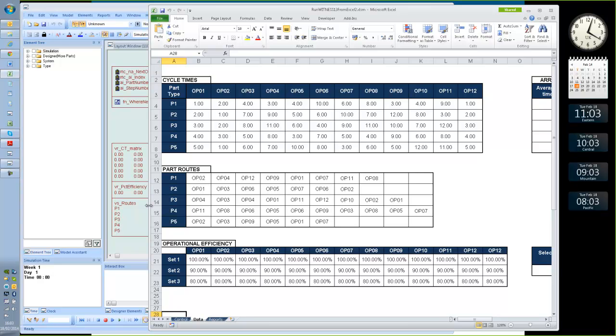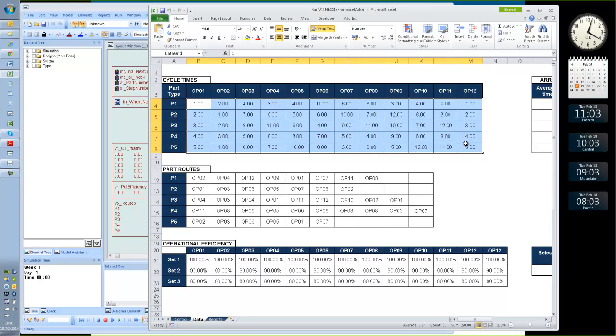Those of you familiar with Witness will know there are a host of commands, around about 30 commands to link Witness to Excel, but generally we can get away with only using two, the Excel read array and the Excel write array. In this case I have chosen to use named ranges, which is a very useful feature in Excel